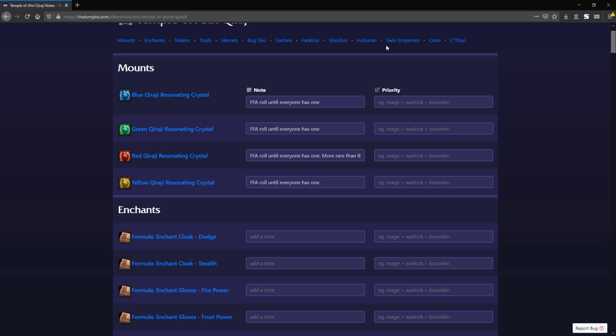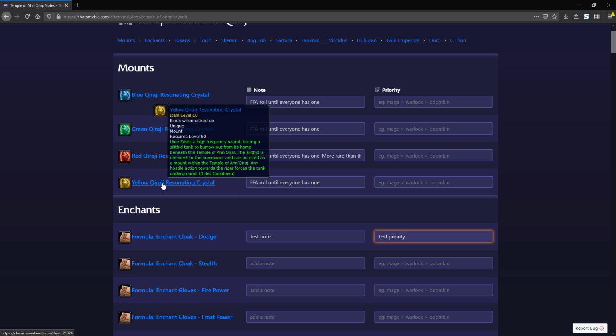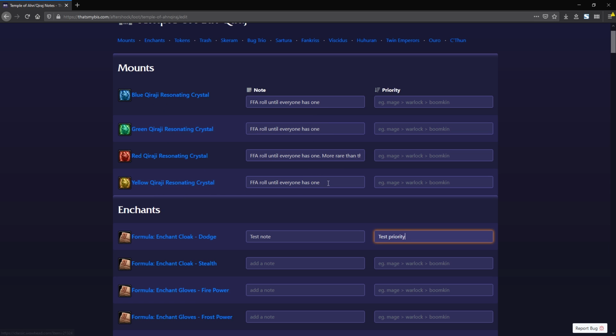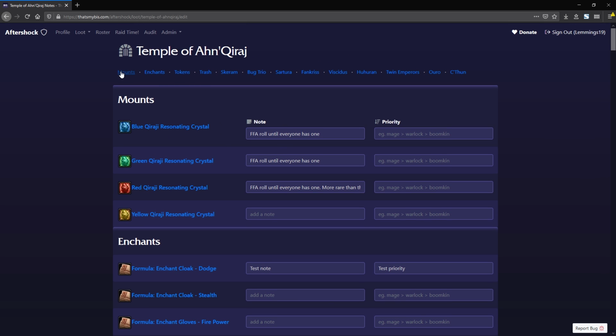So I'm just going to do a little test case here. I'm going to say enchant cloak dodge. I'm going to do test note and test priority. I'm also going to go ahead and, for the yellow Karaji resonating crystal, delete that. So what we can do is, I'm assuming as a raid leader or a loot council person, I